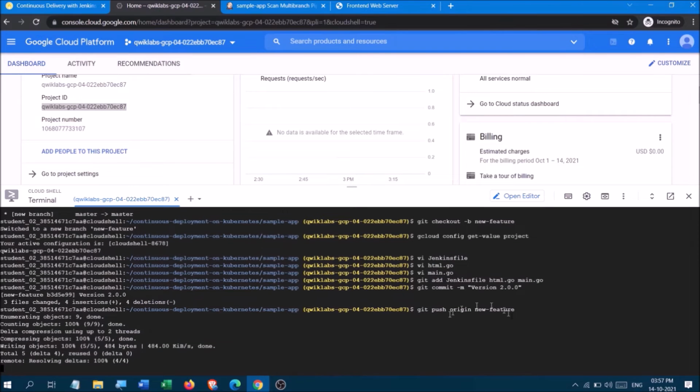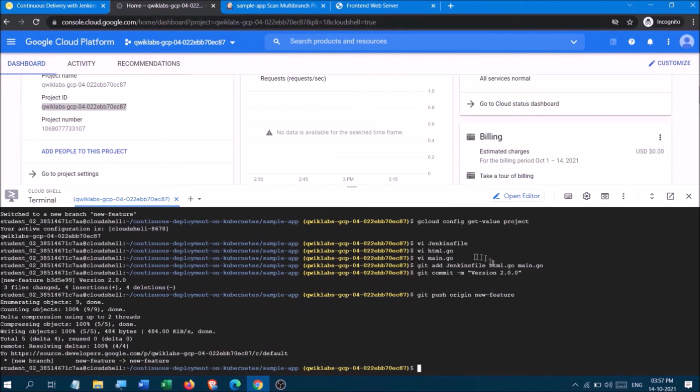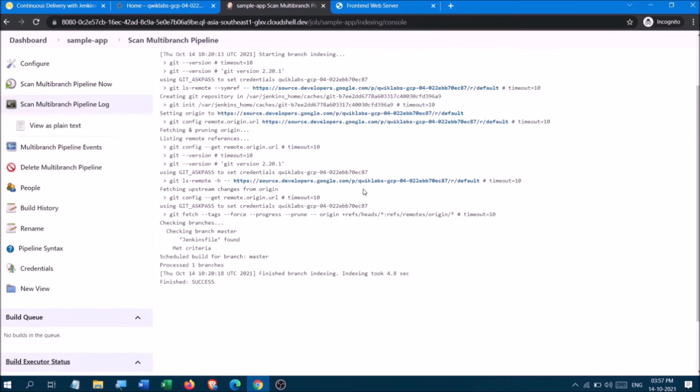So here what we have done is that we have added the html.go and main.go file after changing it, and we have made that commit as version 2.00. So we can see that there is a new feature version 2.00 and that will be updated.